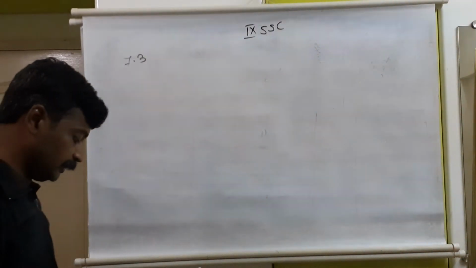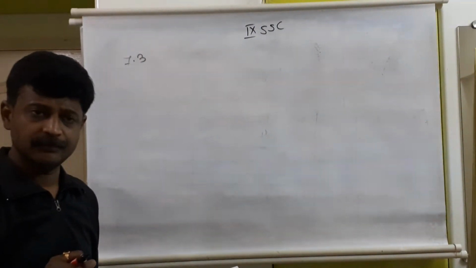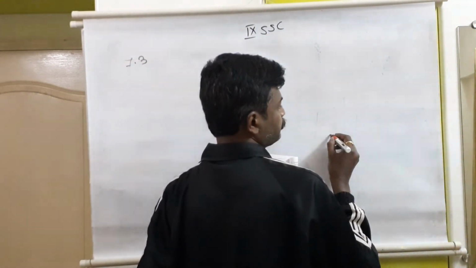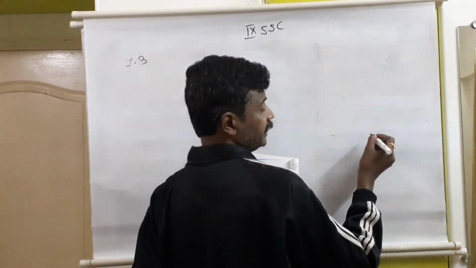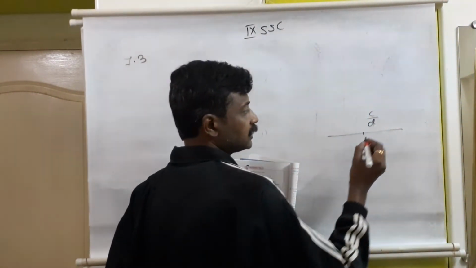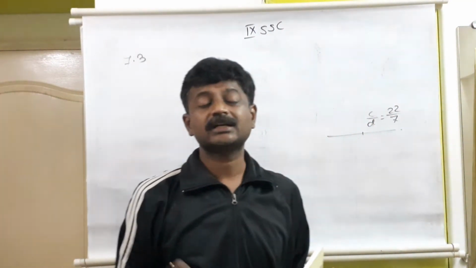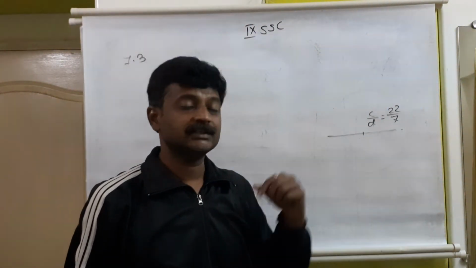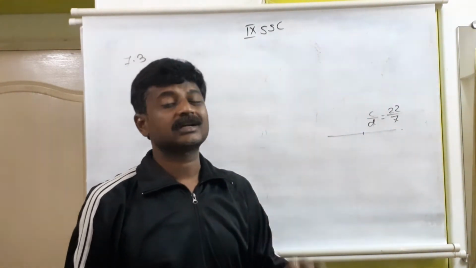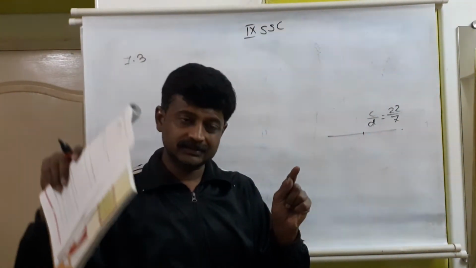Question number 6. The value of pi up to 50 decimal places is given below. Pi is an irrational number. Pi is nothing but the relation between diameter and circumference, C divided by D. If we divide the circumference of any circle by the diameter of that particular circle, the answer always comes 22/7, for any circle with any radius. Circle with radius 1 centimeter, 5 centimeter, 10 centimeter, circle with radius 1 kilometer. For all types of circles, if we calculate the circumference, that is C